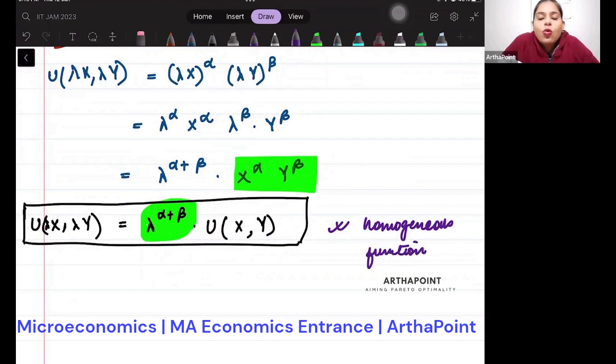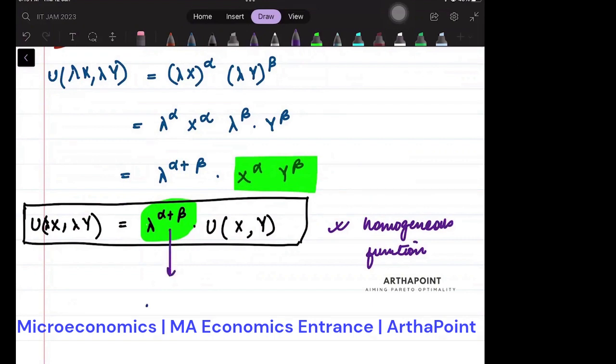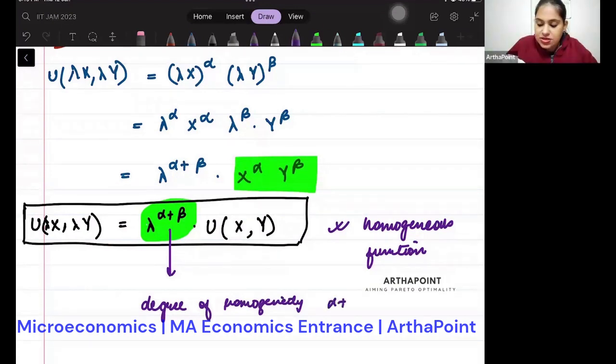The question is, what is the degree of homogeneity of this function? The degree of homogeneity of this function is actually nothing but, we know it, alpha plus beta. This is going to be the degree of homogeneity. So